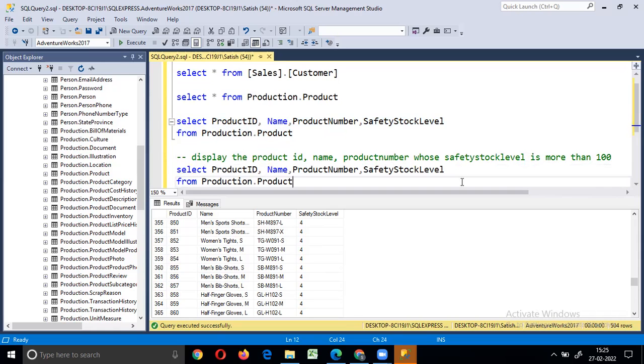So I am going to display the safety stock level also, and here we'll be writing the condition where safety stock level is greater than 100.